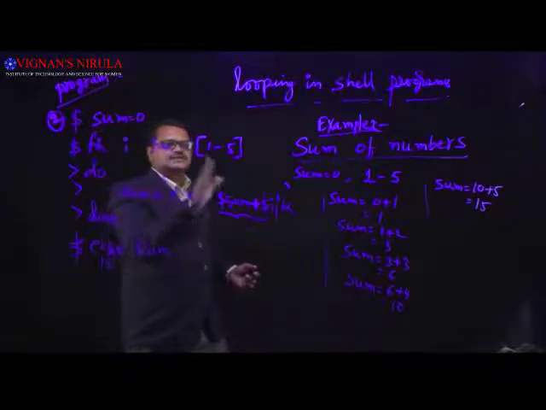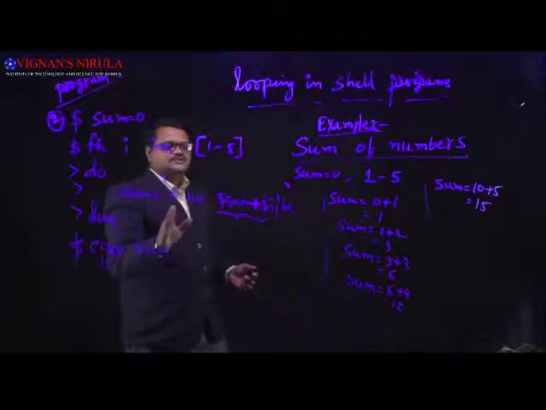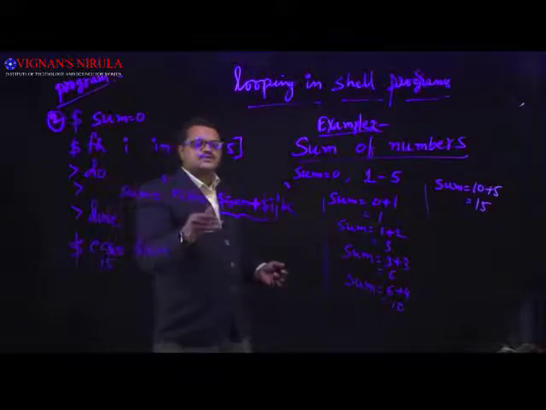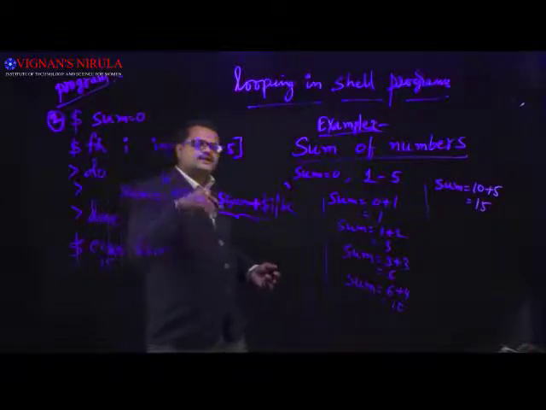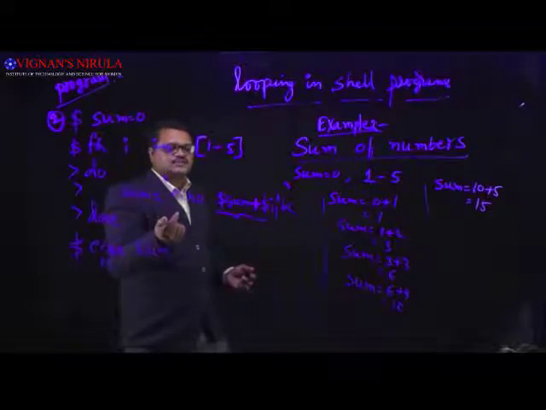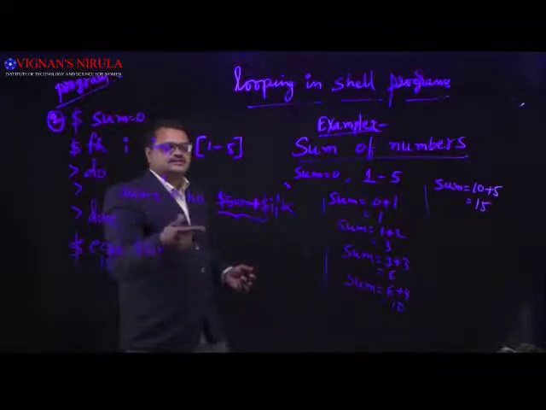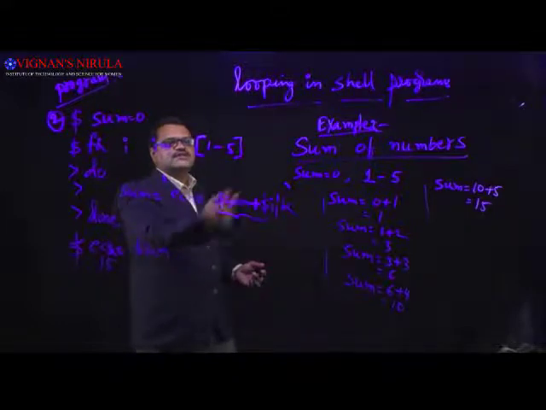And again when I is 3, so 3 plus the previous sum, which is 3, the result is 6, so 6 is stored into the sum. And then the value is 4 and the partial sum is 6, so 6 plus 4 is 10. Finally, when the value of I is 5,